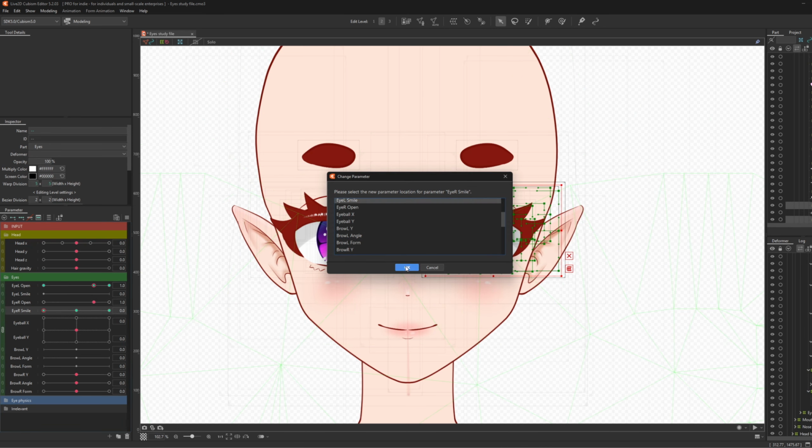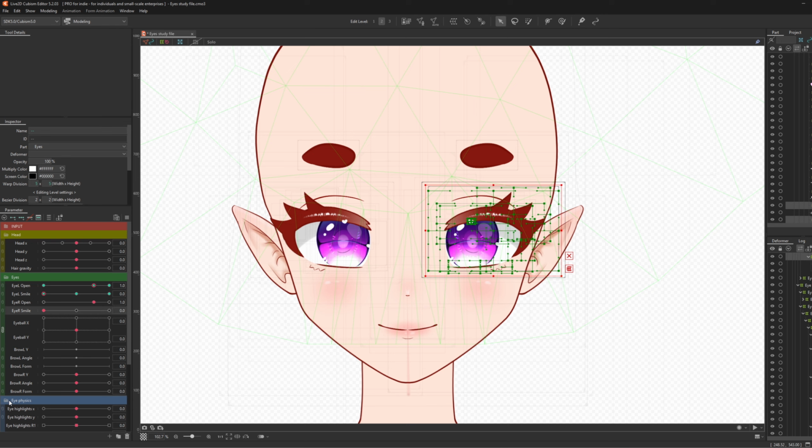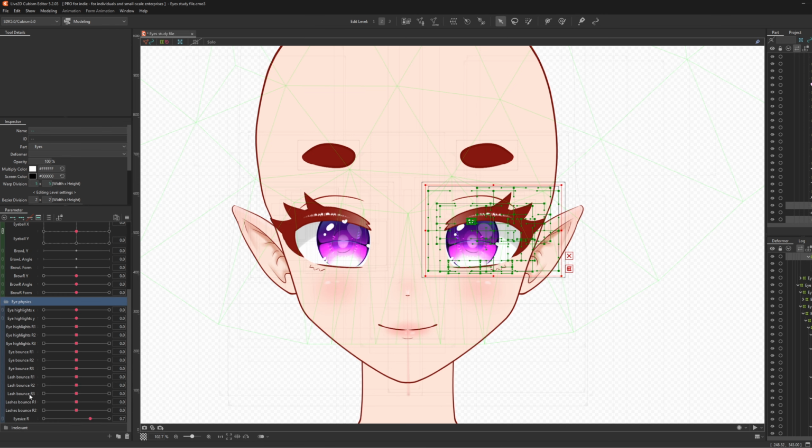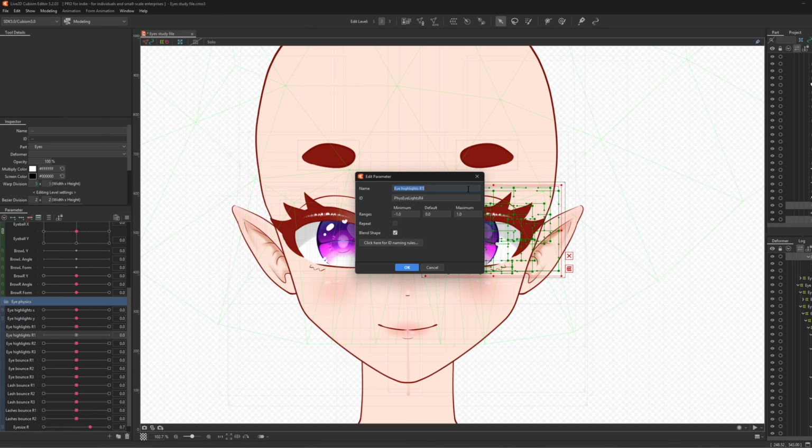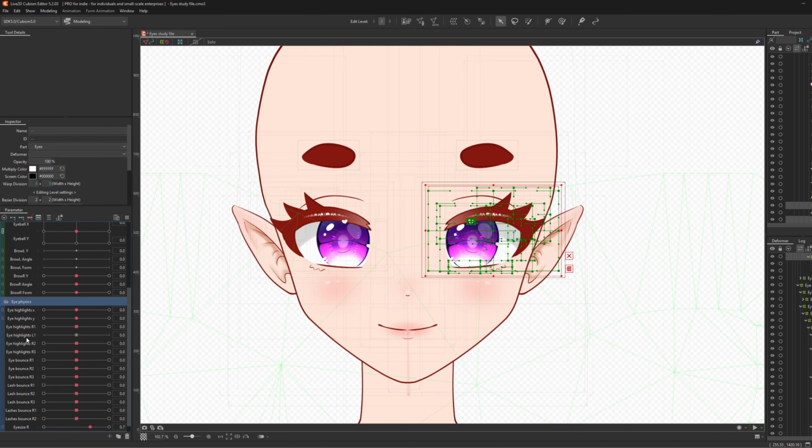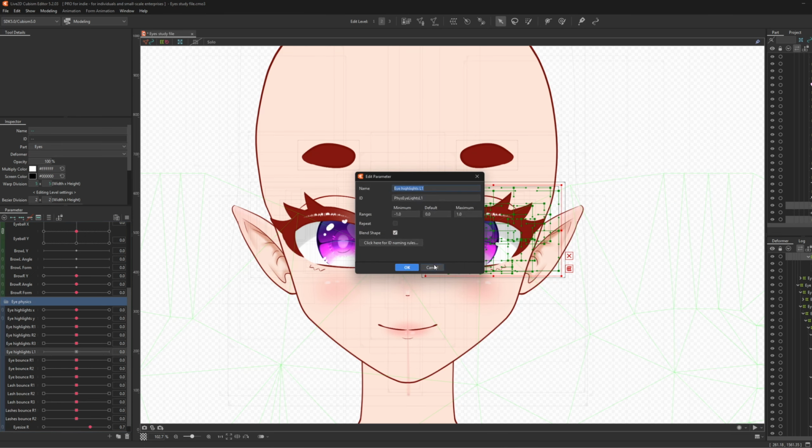So we do this on the smile, the eyebrows, and for the physics, you're just gonna have to create new physics for the left instead of the right. And what I like to do is for example, highlights R1, is I replicate the parameter and I edit it and I change the R to an L. So this is L1 instead of R1, and the rest of the name is completely the same so that Live2D can recognize, okay, these are like the same naming conventions. And we just do that, and then we replicate from here to get 2,